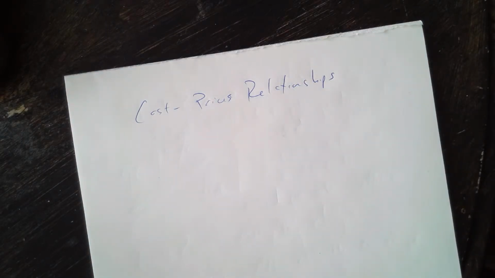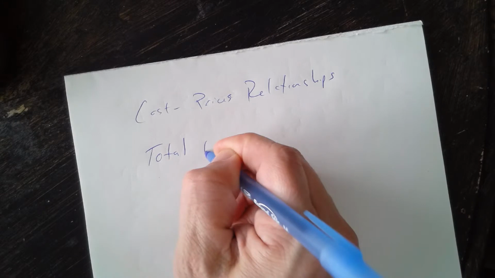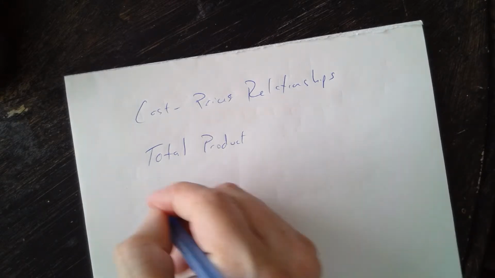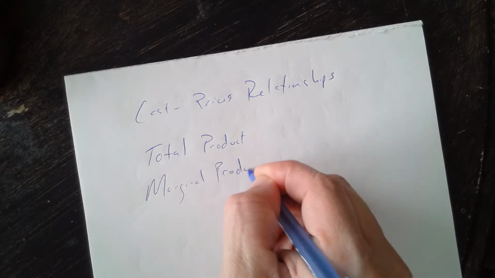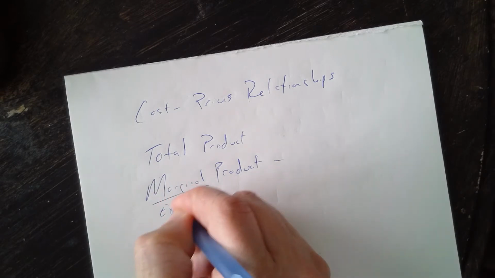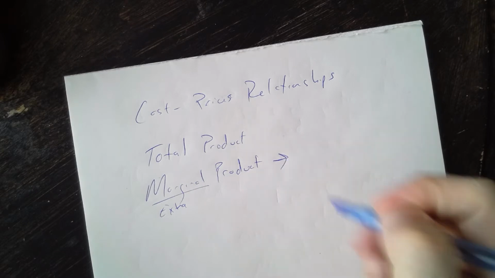So to understand this relationship, we need to look at total product, simply the total amount we produce. We look at marginal product. This, once again, marginal means extra. All right, and marginal product is the